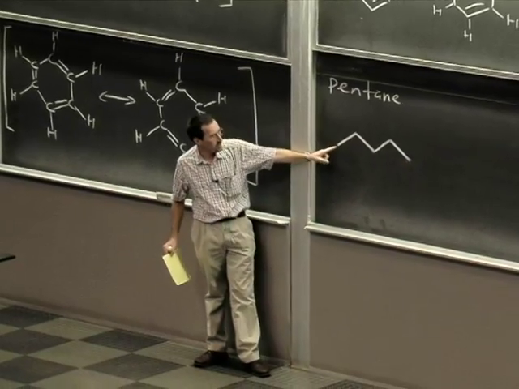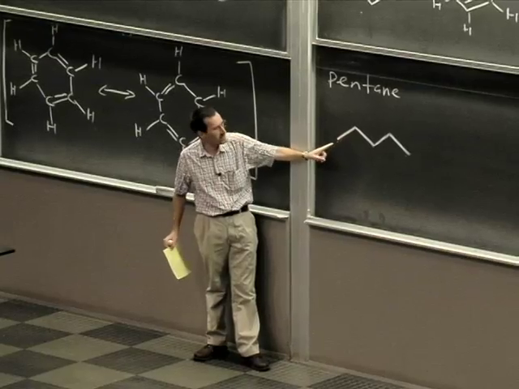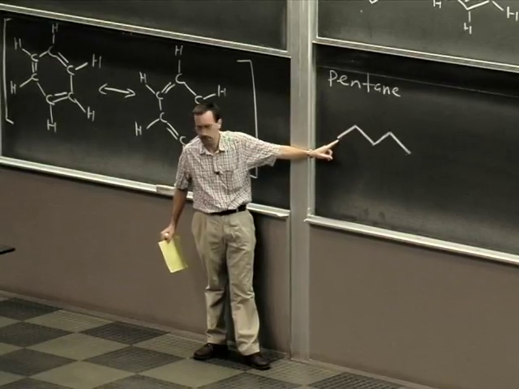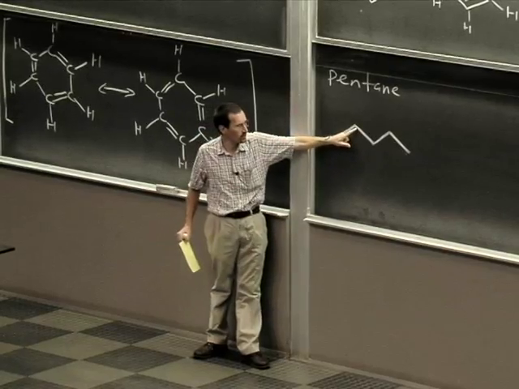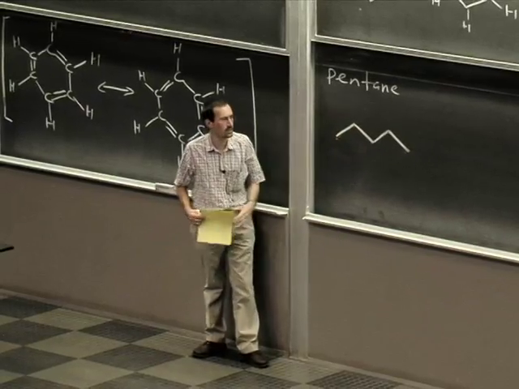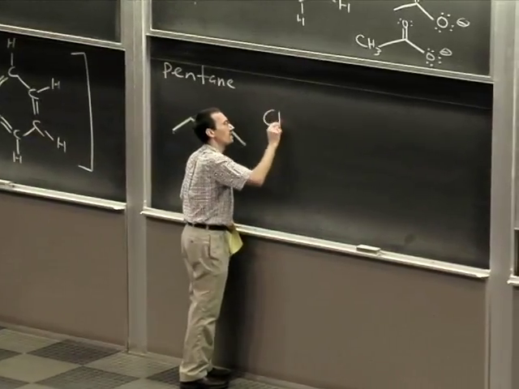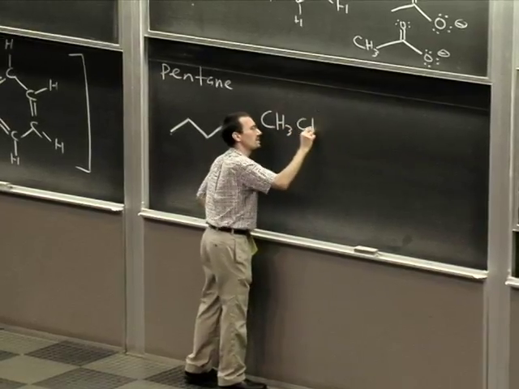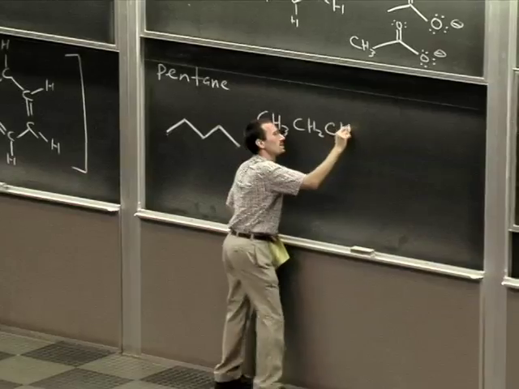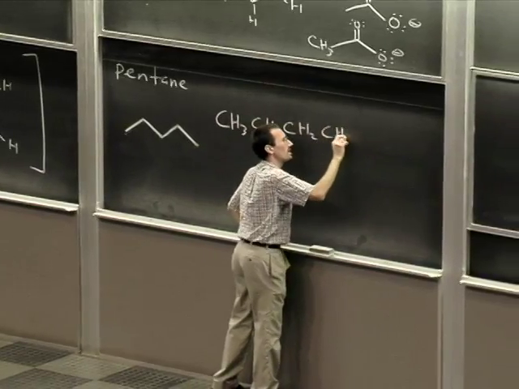Now remember, since we have one bond to carbon, this group here has 3 hydrogens, so it's a CH3. Here you have 2 bonds to carbon, so it's a CH2. In other words, you might also see it written out, or think of it as CH3, CH2, CH2, CH2,